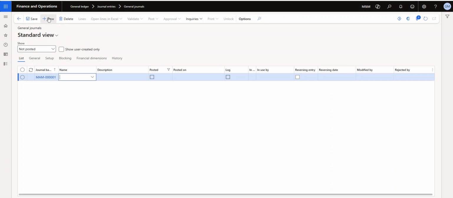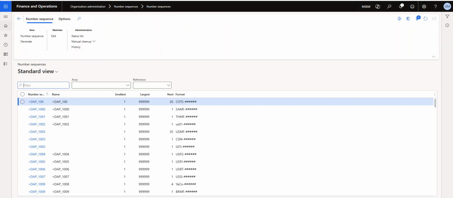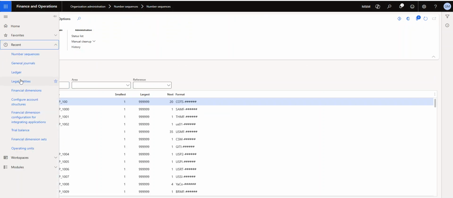Yeah, now you can see the number sequence has been mapped. Now if I go to the JV lines, okay, now you can see, if I go to the ledger and